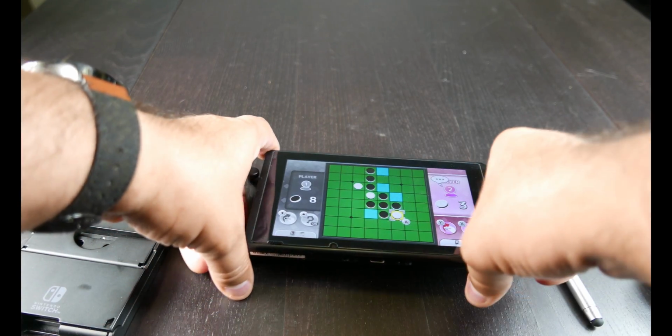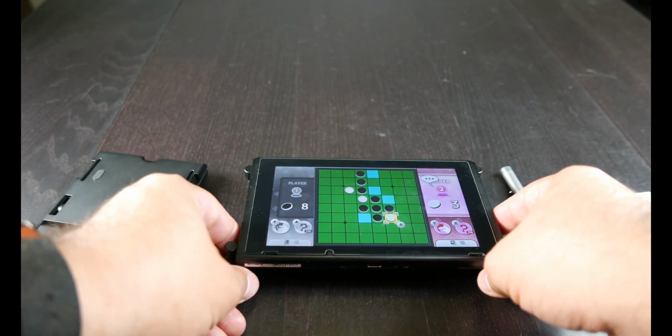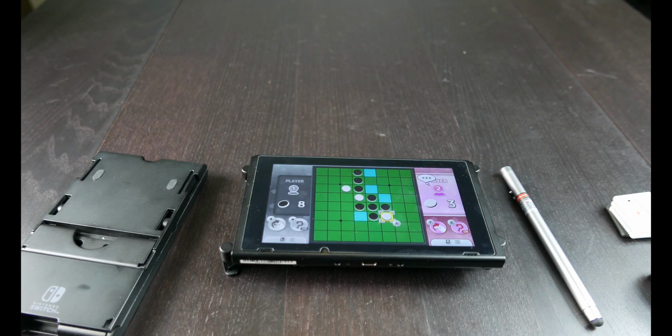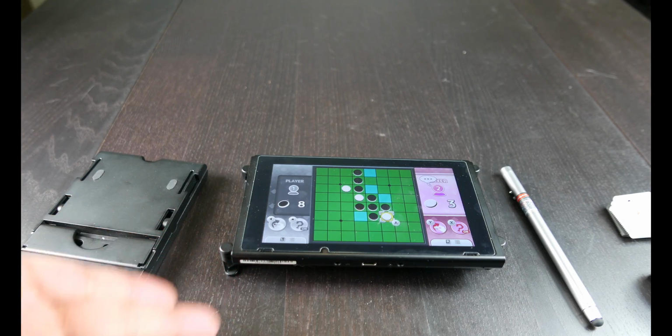But yeah, they really should put out some type of stable horizontal stand. A lot of devices like the Wii, the Wii U, and even things like the PS2, the PS3, the PS4, the Xbox One, all of these have horizontal stands. The Xbox 360 has one. They've got vertical stands and horizontal stands. The Nintendo Switch needs a horizontal stand. Mainly so that I can also use it like...